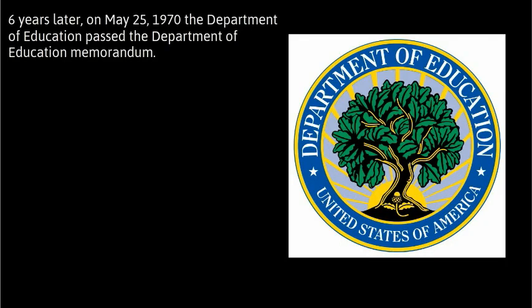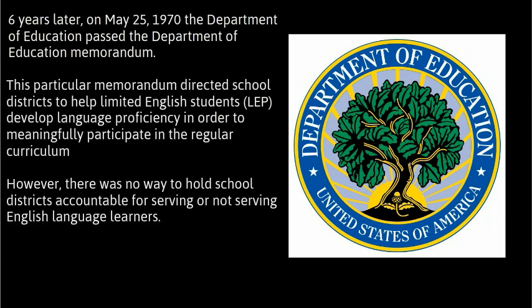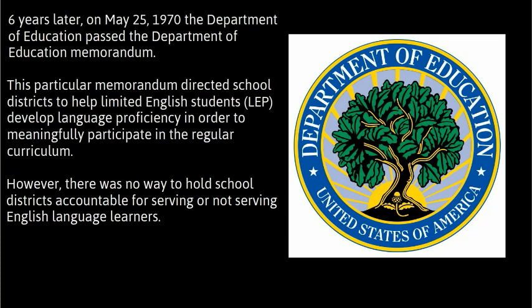Six years later, on May 25, 1970, the Department of Education passed the Department of Education Memorandum. This particular memorandum directed school districts to help limited English students develop language proficiency in order to meaningfully participate in the regular curriculum. However, there was no way to hold school districts accountable for serving or not serving English language